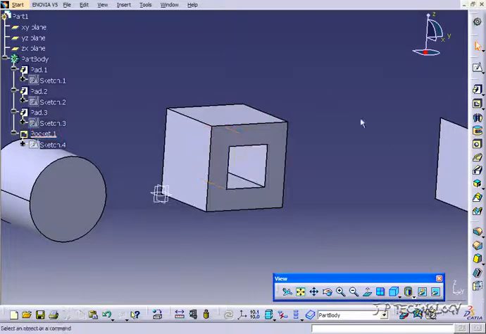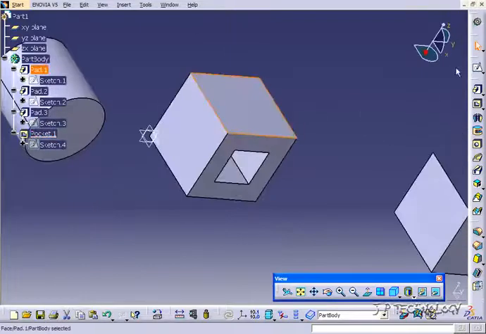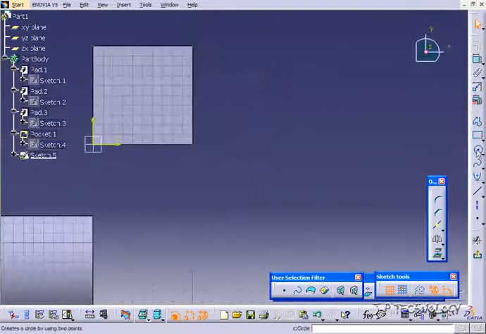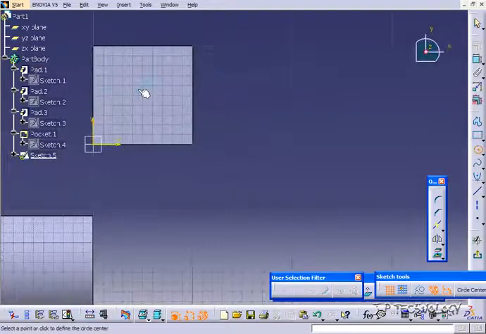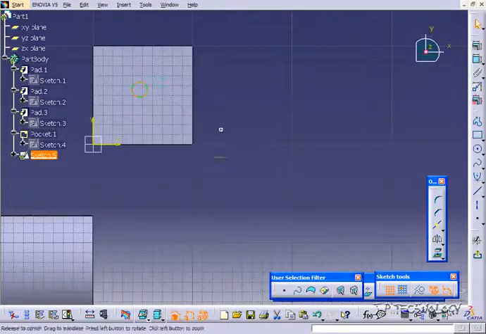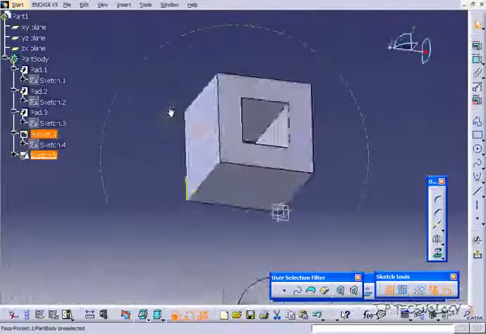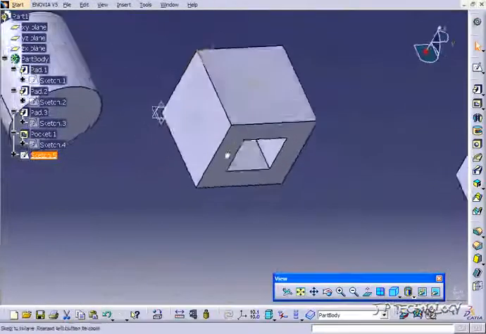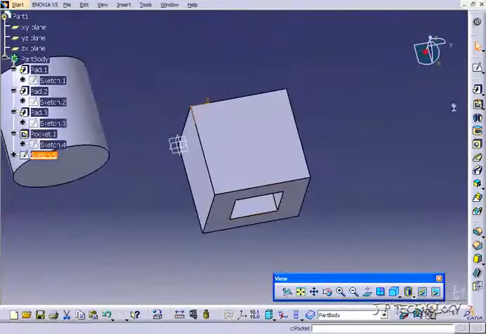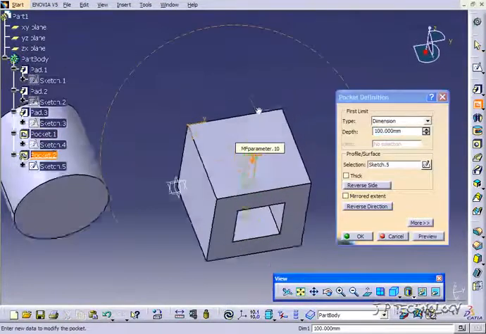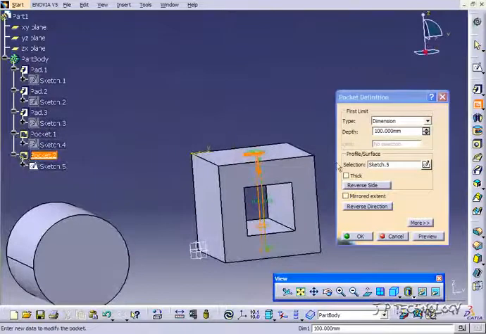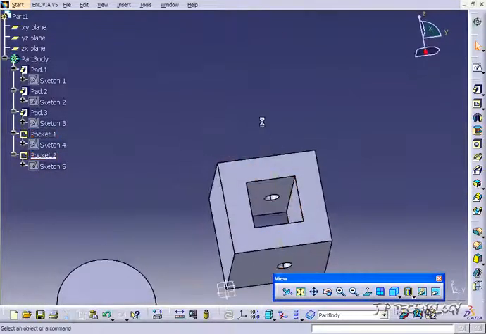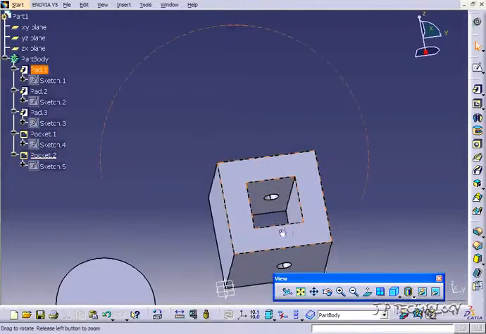Click OK, and let's click on the top surface here, click sketch, and just sketch a circle in the middle, just a little circle, and we're going to make it go all the way through and cut through that pocket too. So let's go back to the workbench, click pocket, and we'll click that guy there, and it's going to go all the way through. So let's click OK, and you can see that we have the pocket going through the top and through the